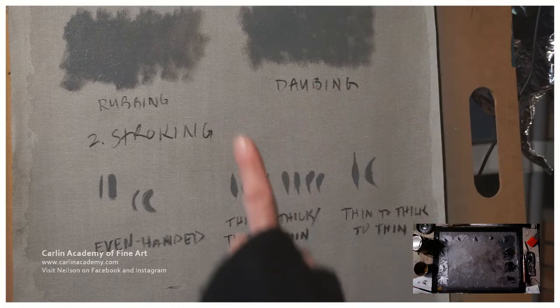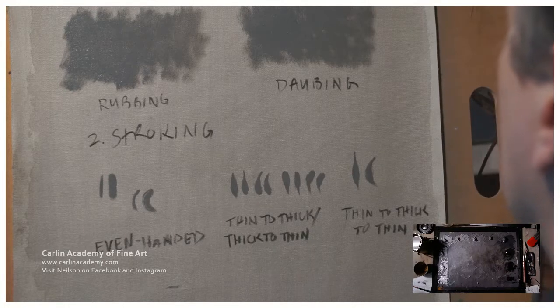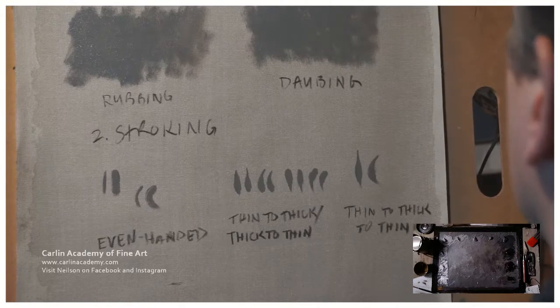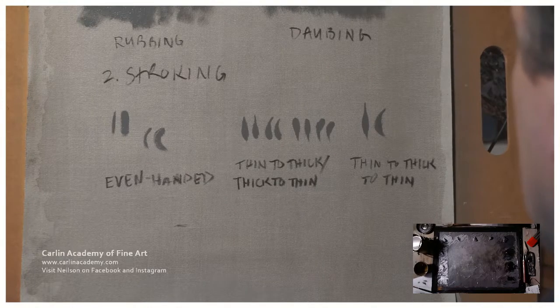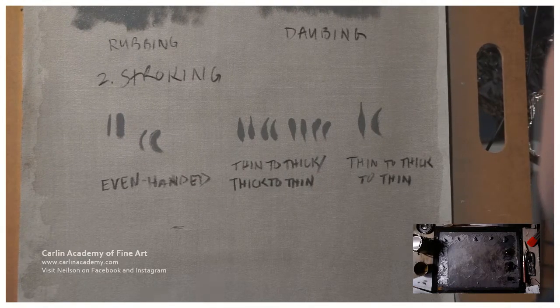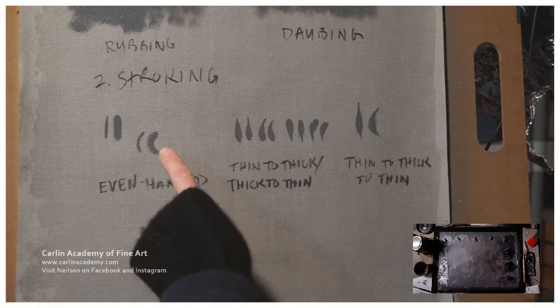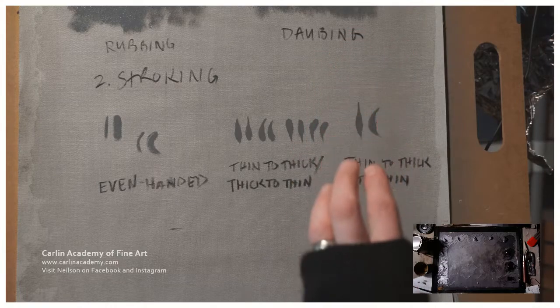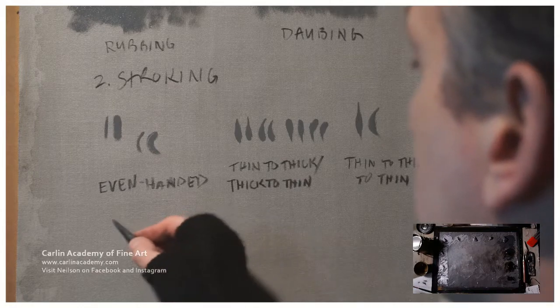So we have smearing, which is rubbing and daubing, and stroking, which is even-handed, thin to thick, thick to thin, or thin to thick to thin. I've got to come up with better names for these. And finally, and maybe some of you can guess, if this is all about the amount of pressure that you use on the brush, we went from engaging the entire head of the brush with smearing, to engaging the tip and the entire head for stroking, so we're getting smaller and more detailed. Number 3 is